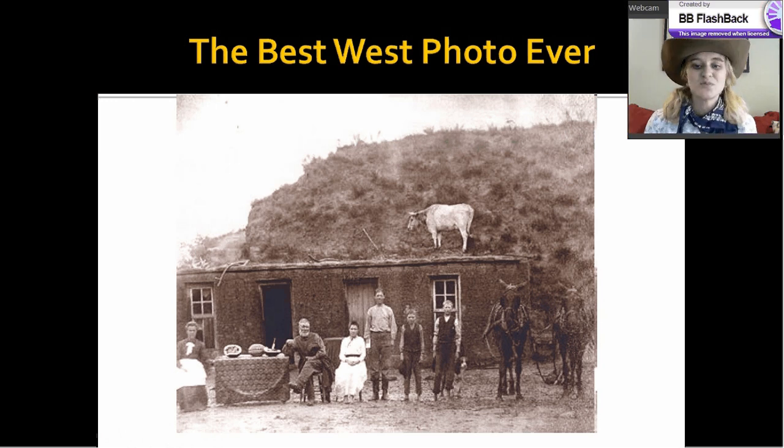There's obviously some sort of special occasion. They've got everybody lined up outside of the house. They even brought their table out, and they've got a watermelon on that. This guy right here is just totally chilling, right? Like, he's cool. They've lined up their horses and their dog as part of the family. This really exemplifies what life in the West was like. Family was really important. Even your animals played a big part in your life.